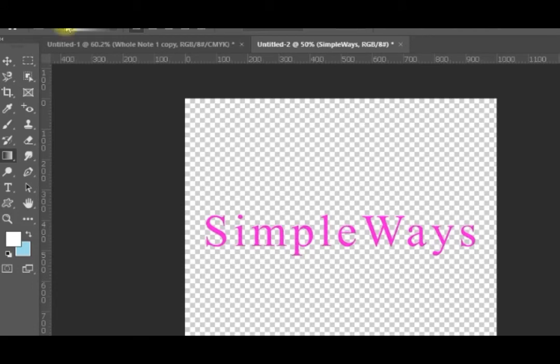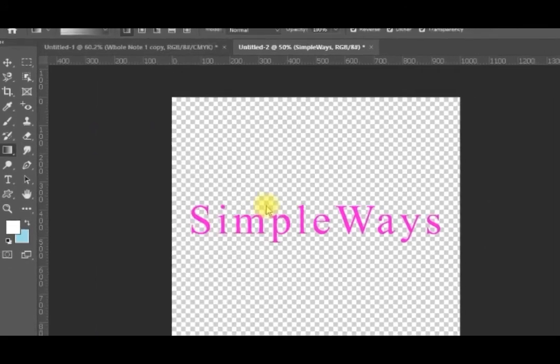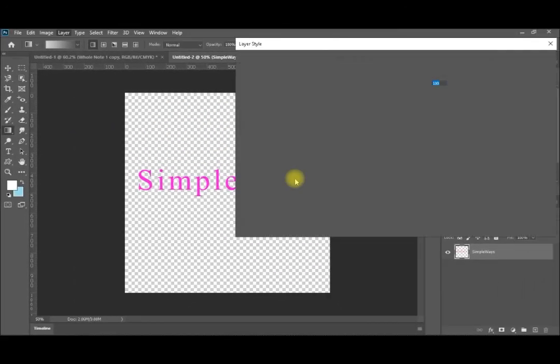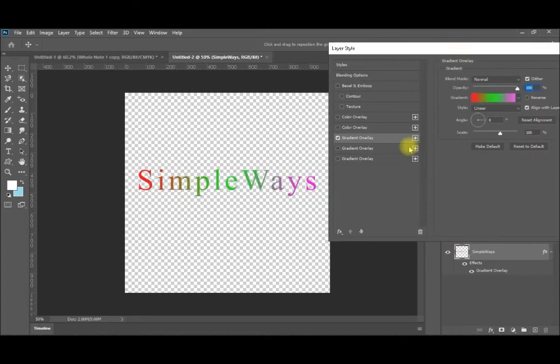So without a selection, if you have a text that you cannot select, you can come to layer style, and gradient overlay. So it will be selecting your gradient, the last one. If you remember, that's one of the beauties of Photoshop, that it gives you your last styles available, so you can apply it directly. And again, if you refresh your mind,